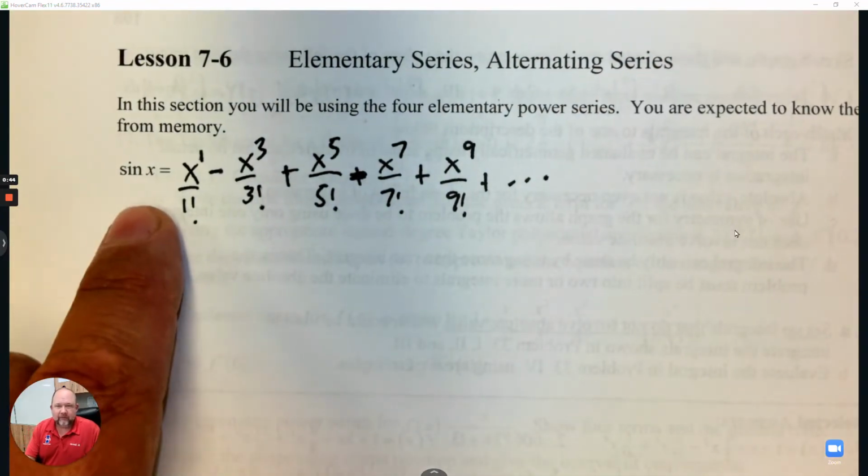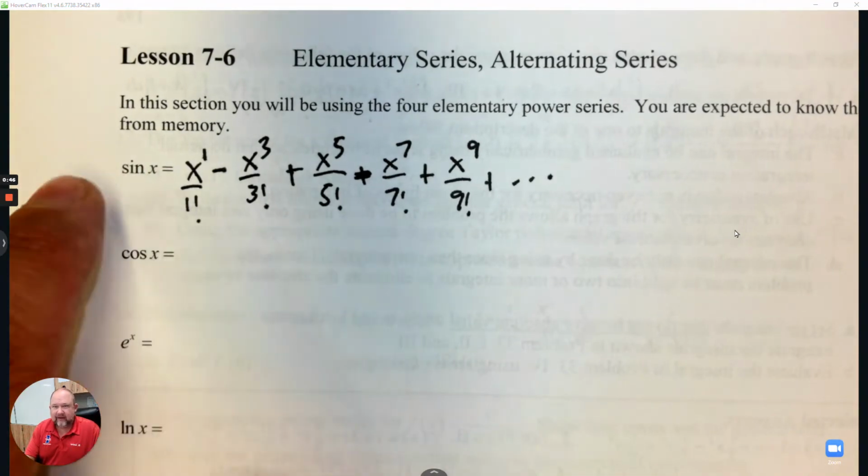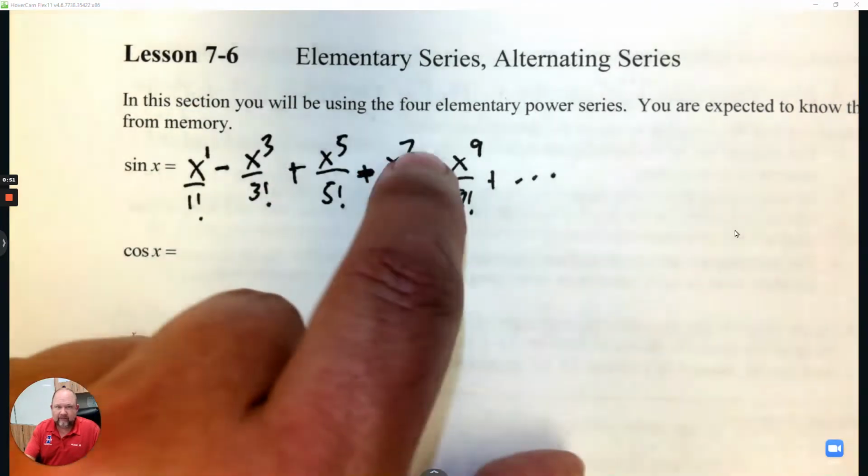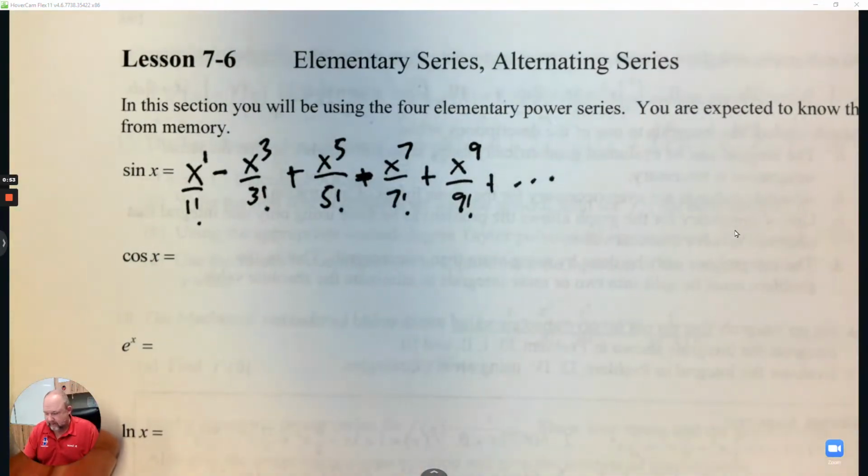So how will I remember sine x is this? First of all, it alternates, kind of like sine that goes up and down, up and down, up and down, and it's odd. So 1, 3, 5, 7, 9 over their factorials. Cosine,